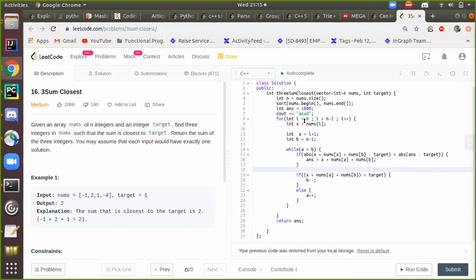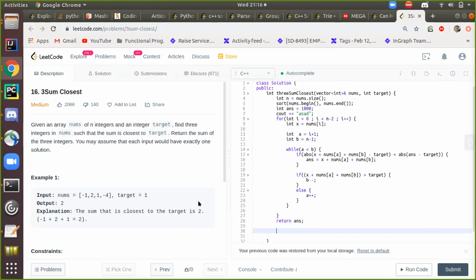Okay. So the way we discussed was taking a triplet, like nC3 times, and then checking for each triplet whether the sum value is somewhere close to the target or not. So one optimization I could think of is that if we sort the array and one by one pick an element and loop over the rest of the array for the two elements, I think I can get the sum in a monotonic way. So that was the intuition.